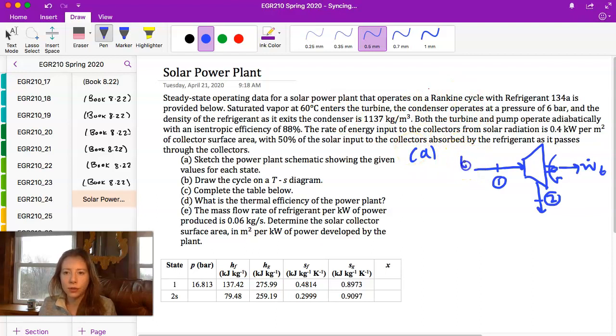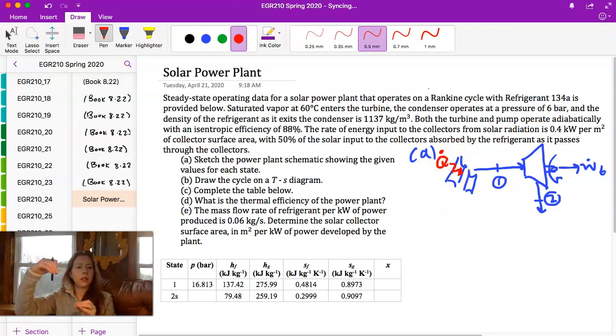So I'm going to draw some solar collectors here. So pretend those are solar collectors. And with a solar collector, what we're doing is we're getting heat going in. From the energy of the sun, we're having our refrigerant go through these little tiny pipes in the solar collector. All right, and so it's going to heat up our working fluid, which is going to be passed through the turbine. And so then what we're going to do is we're sending